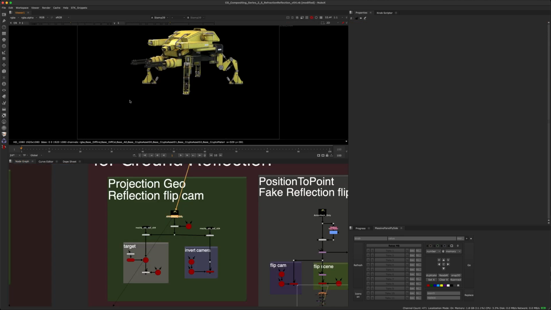So what happens if you just have the render of the object, but your lighting team is now on holiday in Miami, sipping piña coladas on the beach, and there's no way to reach them? What can you do as a compositor to perhaps fake a reflection? And some of these techniques that I just talked about translate over a little bit to how we could fake